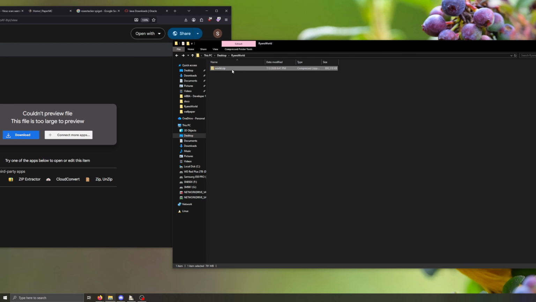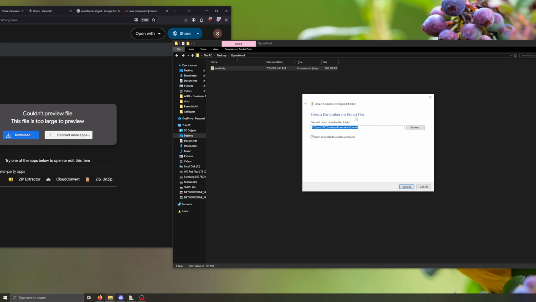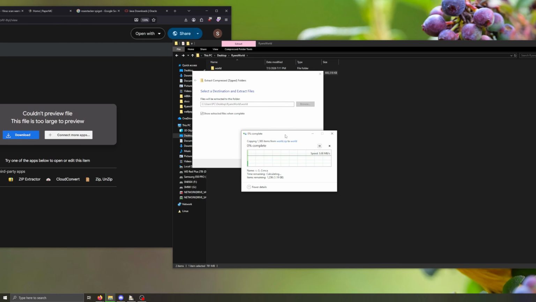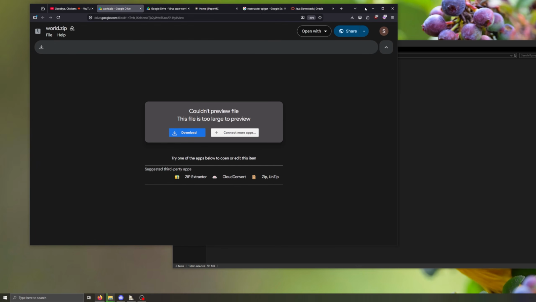And then you're going to right click on it and then extract all. Your menu might look slightly different than mine, but it should still have an option called extract all. Then there you go, that's okay. We can do that, and while that's happening, we can go to